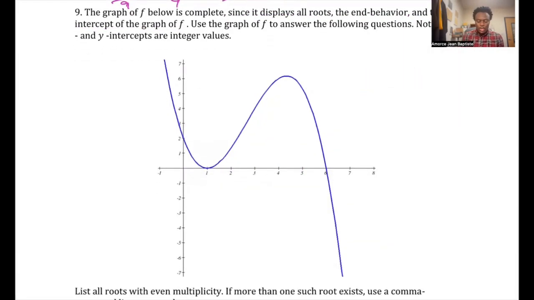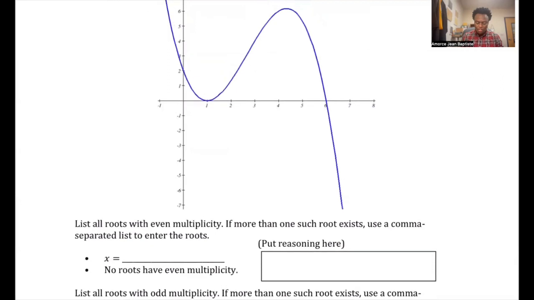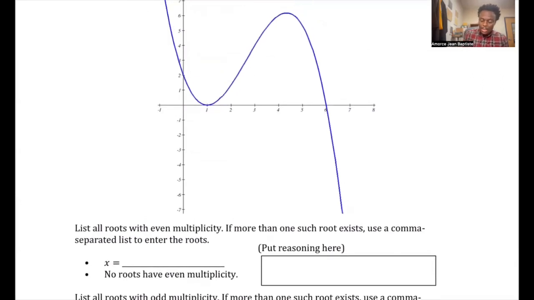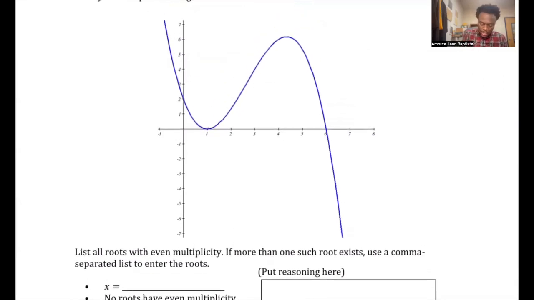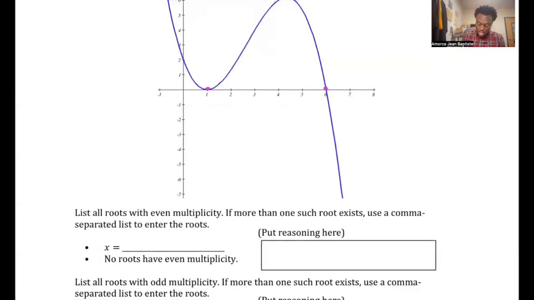This next example is the same as the last one we did. So the graph of the function f below is complete for the same reason we talked about earlier. So we can go quicker now. First question, they want me to determine the roots for which we have an even multiplicity. So let me identify all the roots first. So x equals 1 and x equals 6. At x equals 1, we have a touch and turn. So that's an even